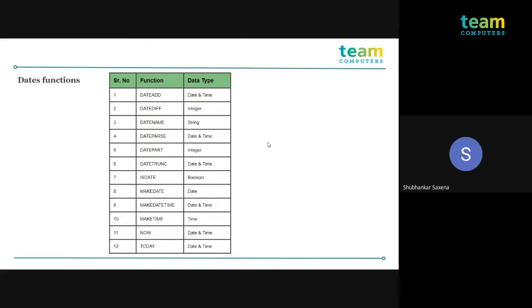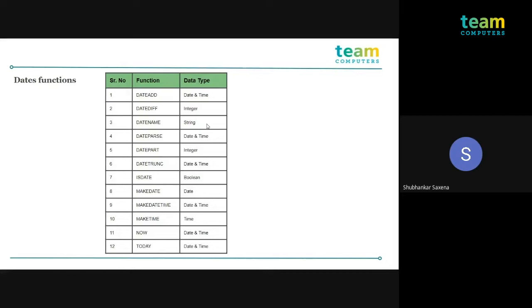Here we have listed 12 majorly used date functions along with their data types. If we use a date add function, the data type of the result will be a date time. Similarly, if you use the date diff function, the resultant data type will be an integer value. This data type is very important as it will change the way any calculation having a date function is aggregated. Now let's talk about how to write and use these date functions in our calculations.